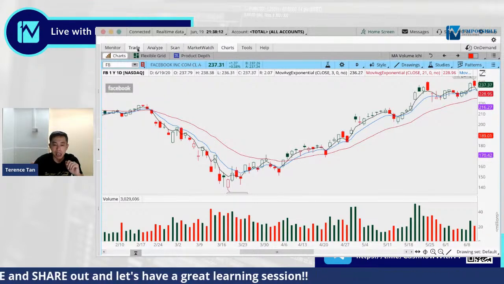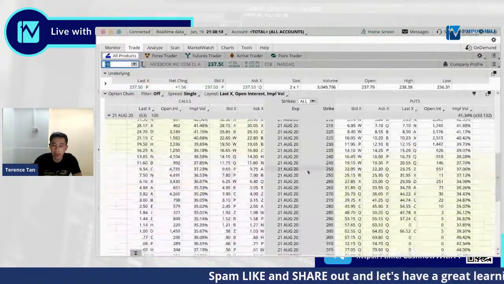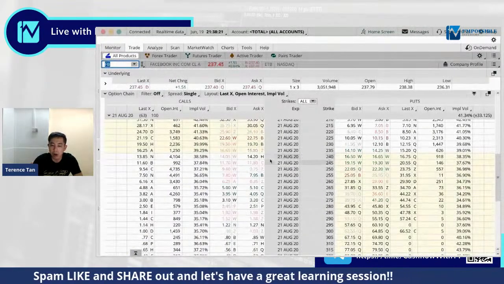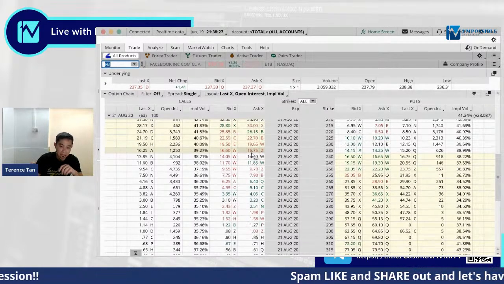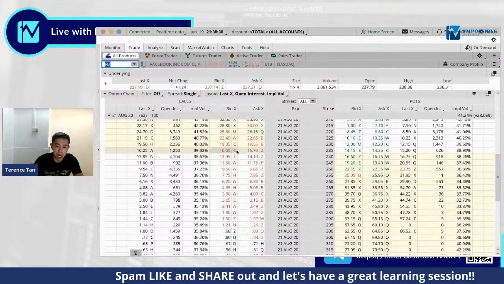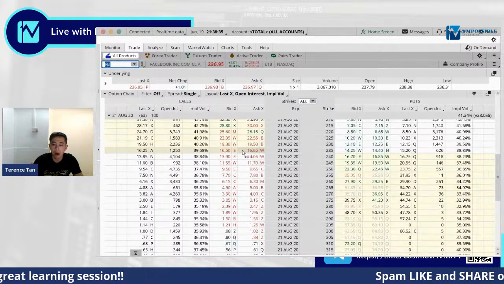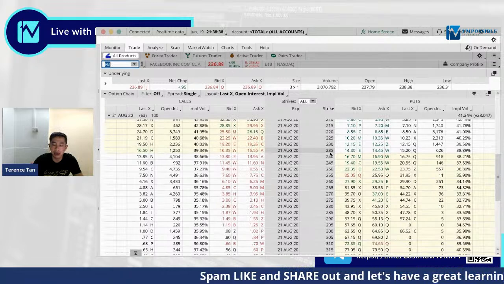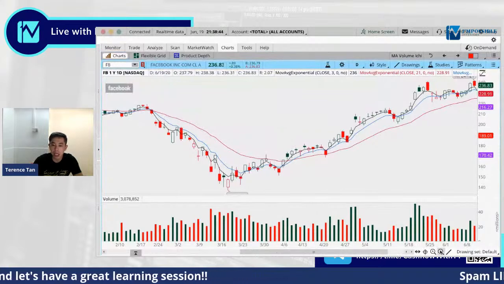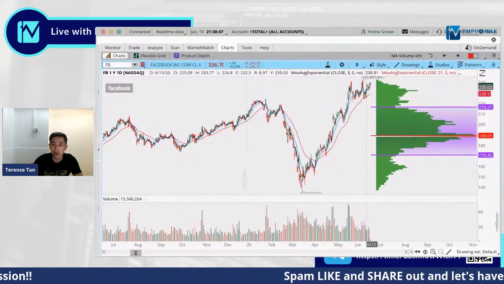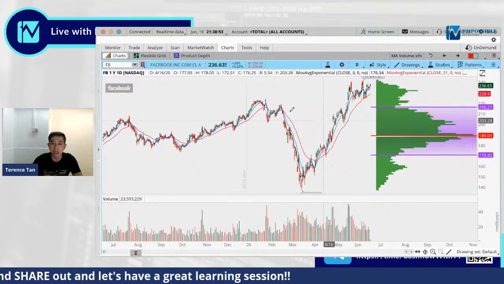Now, let's take a look. If you want the continued upside on Facebook, you could buy a 2-month option over here, right on the dot. Something like $240, or let's do 235. And you can see Facebook options are really, really liquid. You could pay something like $16.60 and buy Facebook call options for 2 months at the 235 call strike. If Facebook continues to go up, which it probably might because it is already making new highs, nothing is going to stop it from going even higher. So let's say it hits all the way to 300 in 2 months' time.